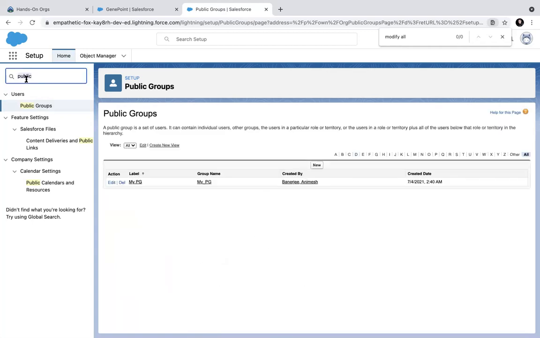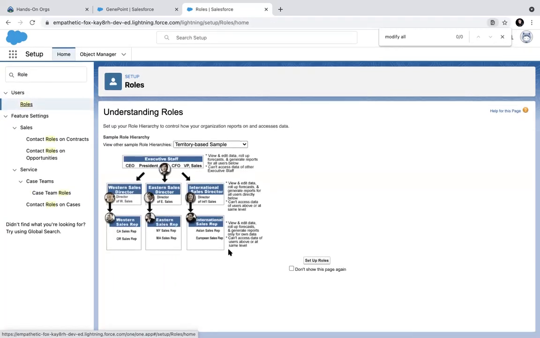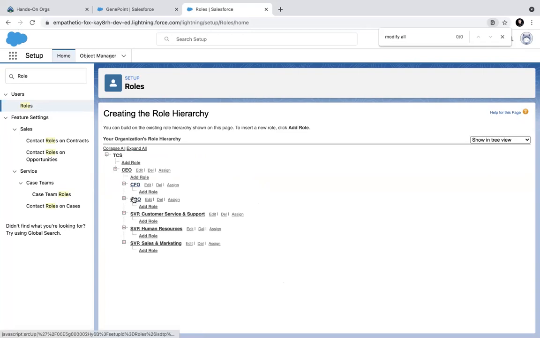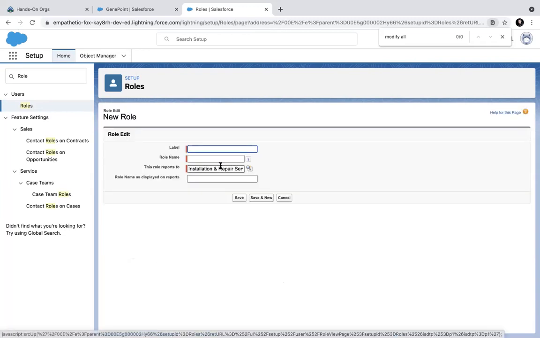Similarly, what is a role? Role is another attribute of a user, which you can set up. CEO is the topmost role, then CFO, and then customer service support, America, and so on; these are already there. You can add your own role here. You can say service rep Colorado.